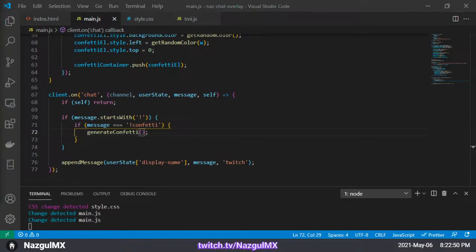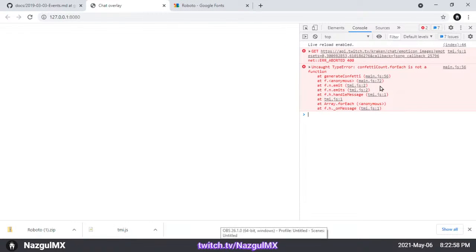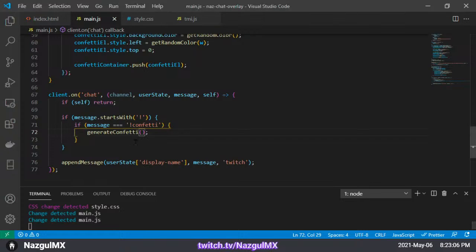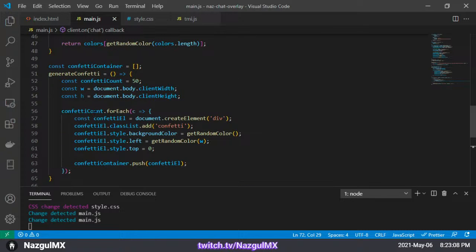Okay. Confetti count forEach is not a function. What did I do? Yeah, this doesn't make sense. This forEach should be probably